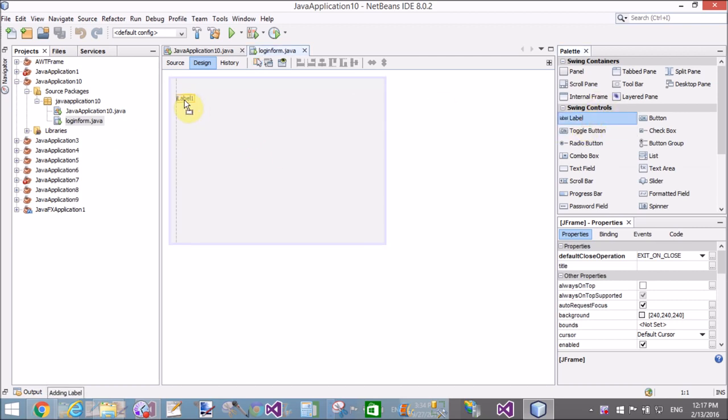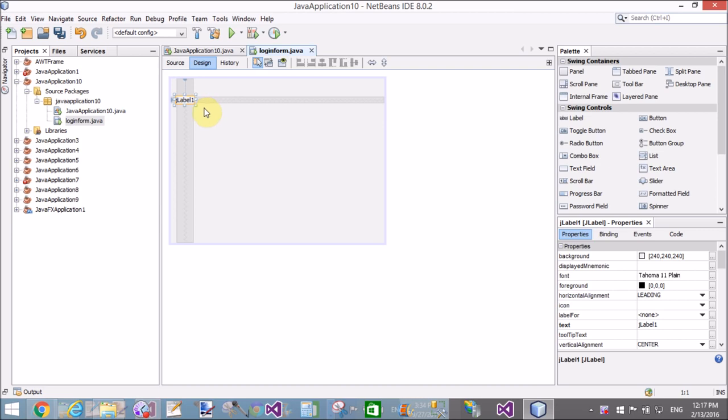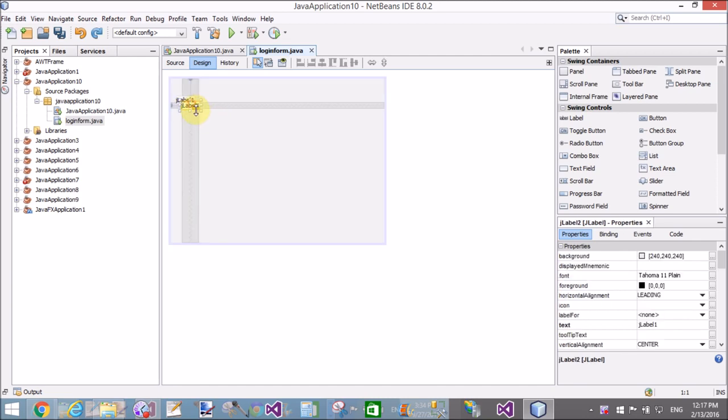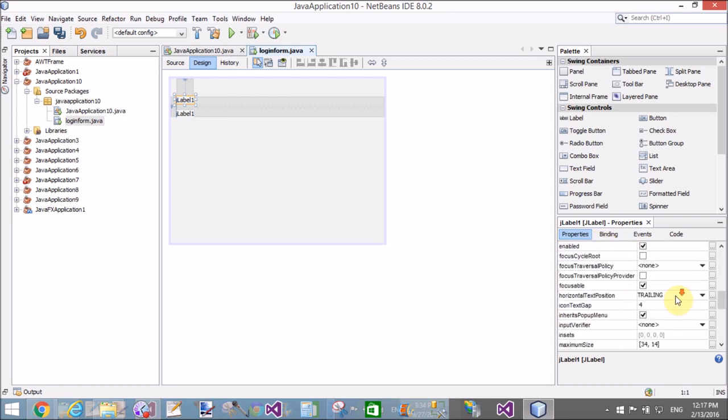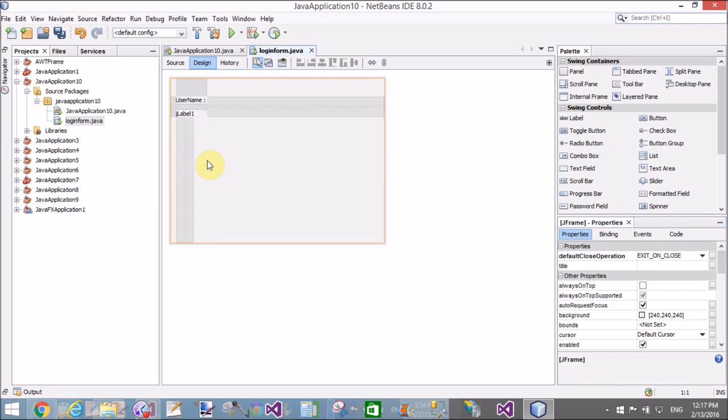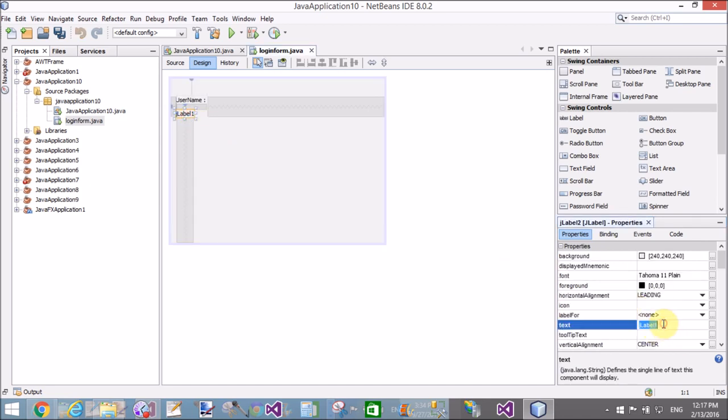Add a label here. In the label, change the text by using the property window. Okay. Copy another label, and both labels have the text label 1. So change the text to username, and the second label having password. Okay,